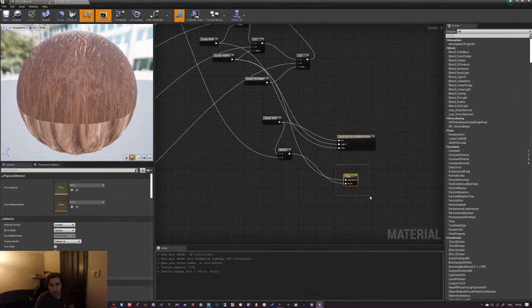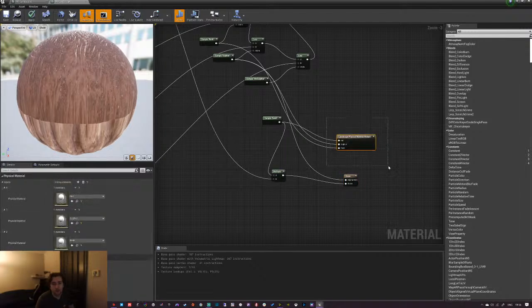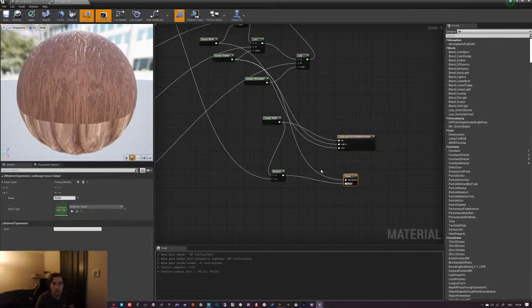And so this little thing here lets the, I thought it was based on physical materials, so that's the first thing that I tried, but then the second one I tried was